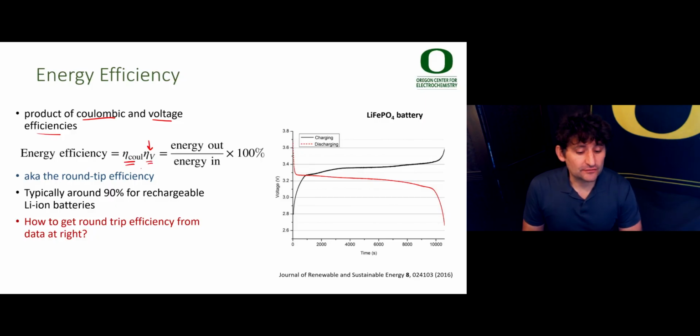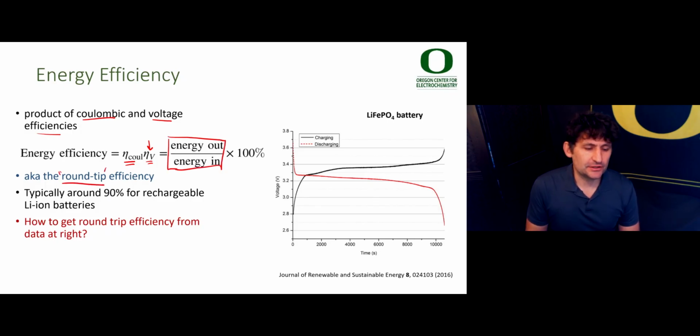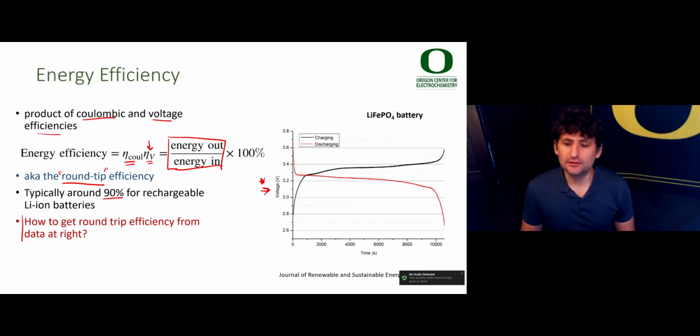and this is the fraction of the electrons that make it back. The product of those two gives you energy out over energy in. This is called the round-trip efficiency. It's typically around 90% for rechargeable lithium-ion batteries cycled at reasonable rates. How would you get round-trip efficiency from the data at the right? Why don't you stop your video and think about how you might extract that data from this lithium iron phosphate